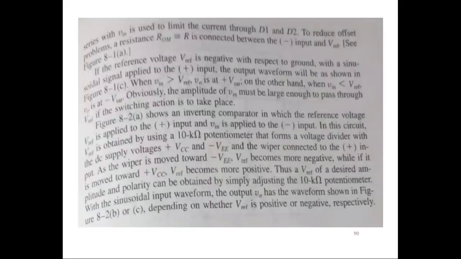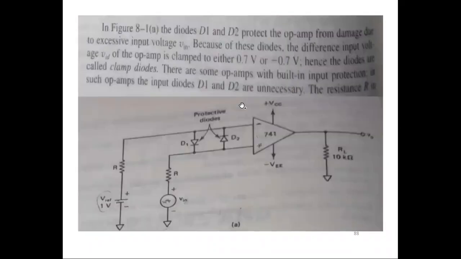So that is what we will have, the waveform. Now the point to be stressed over here is the diodes D1 and D2 are unnecessary if we already have op amps with the built-in protection, but D1 and D2 might be necessary if the built-in protection is not there, and they are used to restrict the input voltage to between 0.7 volts and -0.7. Otherwise, the device will be unnecessarily overloaded.